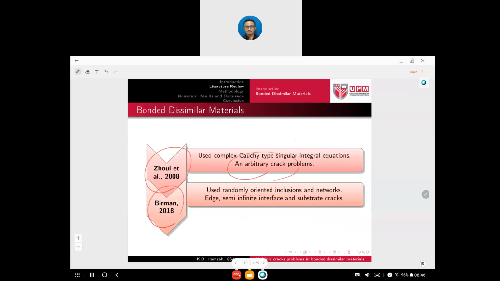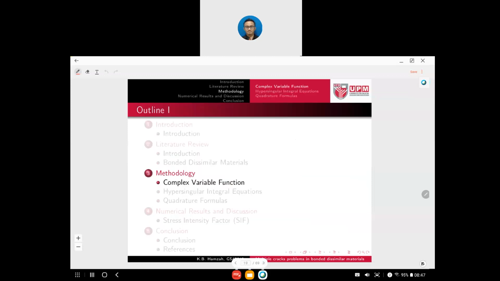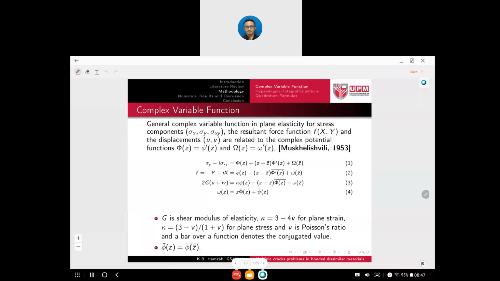Berman 2018 used randomly oriented inclusions for the case of a semi-infinite interface and substrate crack in bonded dissimilar materials. Methodology, a complex variable function method introduced by Muskhelishvili 1953, involved in terms of stress component, resultant force, and displacement